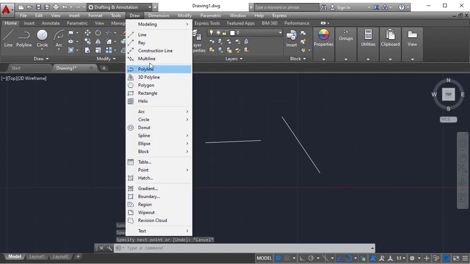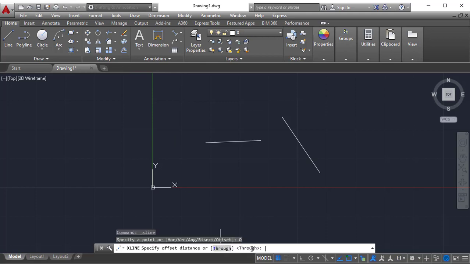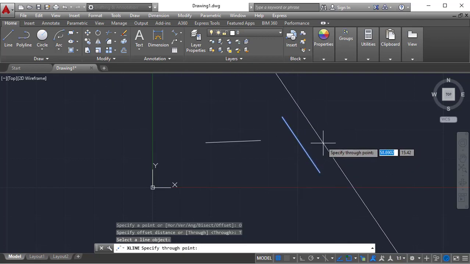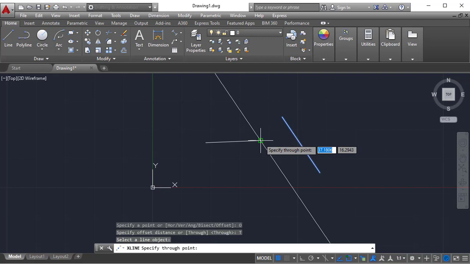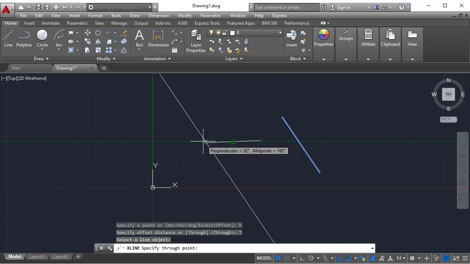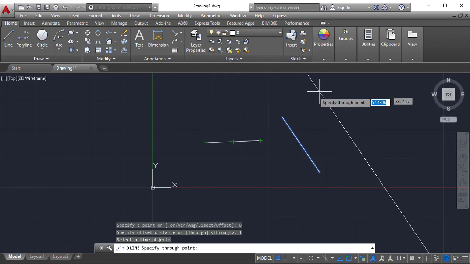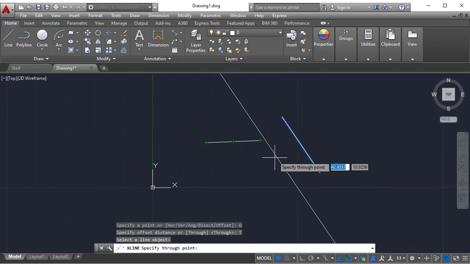Again, draw construction line, offset and through. If you click on this line, you simply get a parallel line, and it asks you to specify a point. You can specify it on any object snap point or somewhere in the drawing environment. You can directly click.